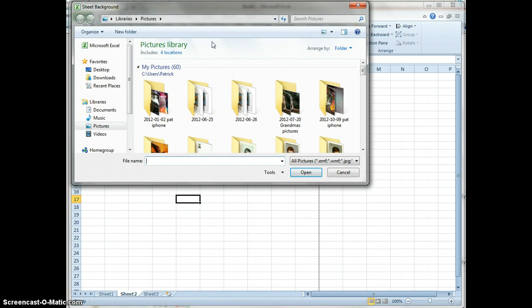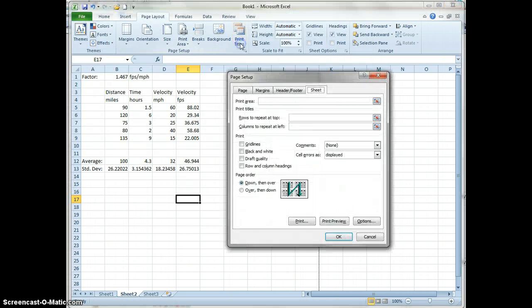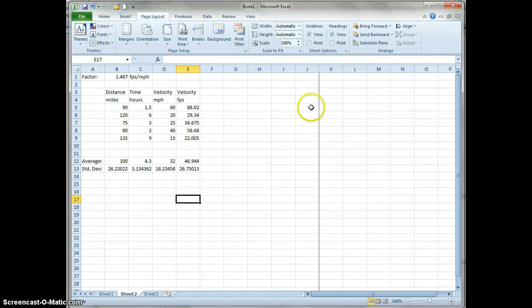You can actually put a background by choosing a picture from your library or gallery. And you can also set print titles, which means selecting cells that contain titles that should be included on every printed page. Now, one option we're going to look at with these custom options in printing is how to set